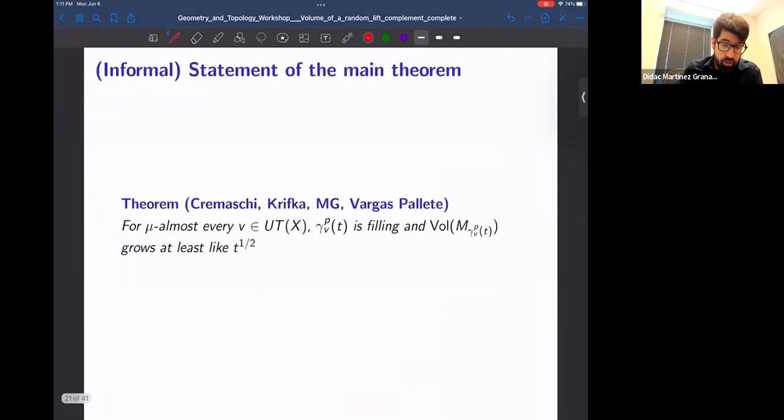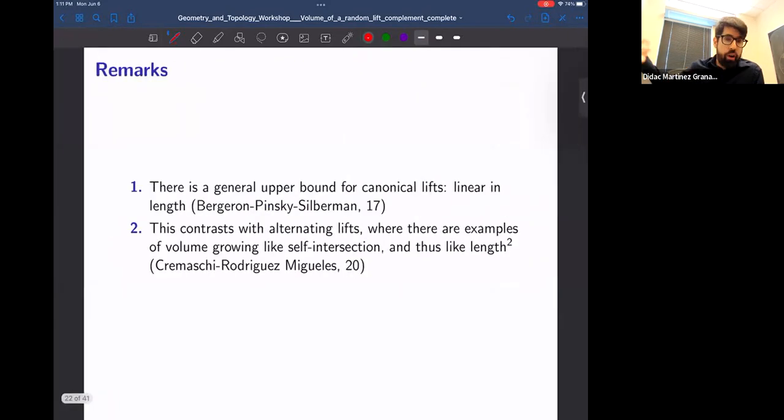So that's the main statement that I wanted to present. And so I wanted to make a couple of remarks about this statement, just to contrast with other results. So first of all, in general, there is an upper bound on the volume